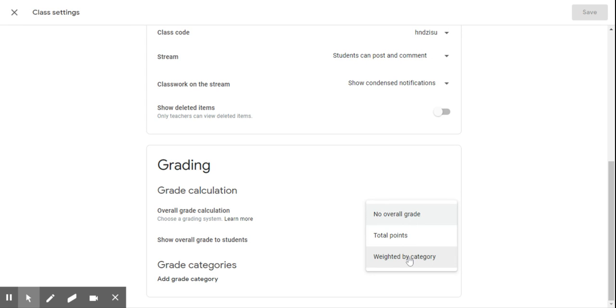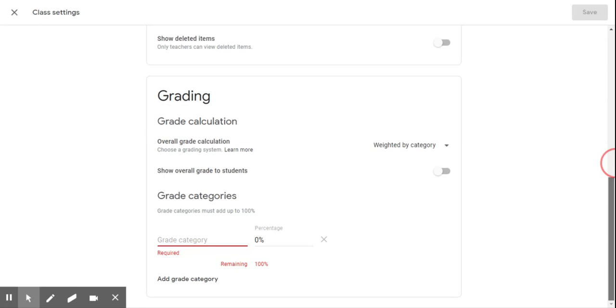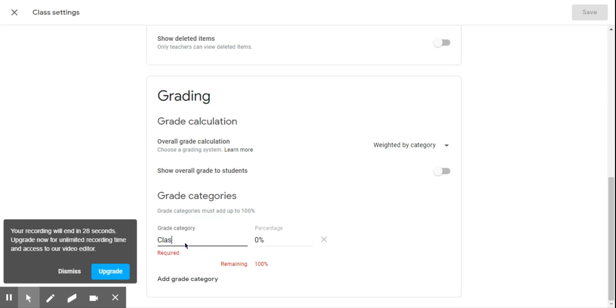So I'm going to click on weighted category. So this is where I will weight the grade. So as I assign work to Muyiwa, I can easily set that up. So we'll go back there to see how it works. So I'm going to weight by category. So here you can see grade categories, and I'm going to add a grade category. So you scroll down a bit more. So I'm going to say classwork. Then I'm going to add another category of assignments,